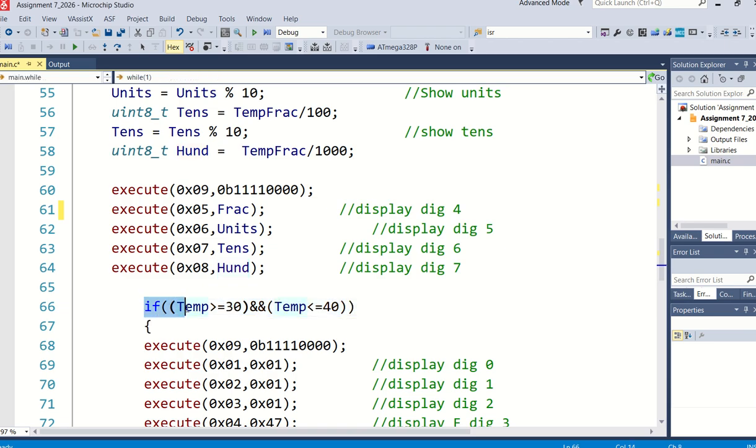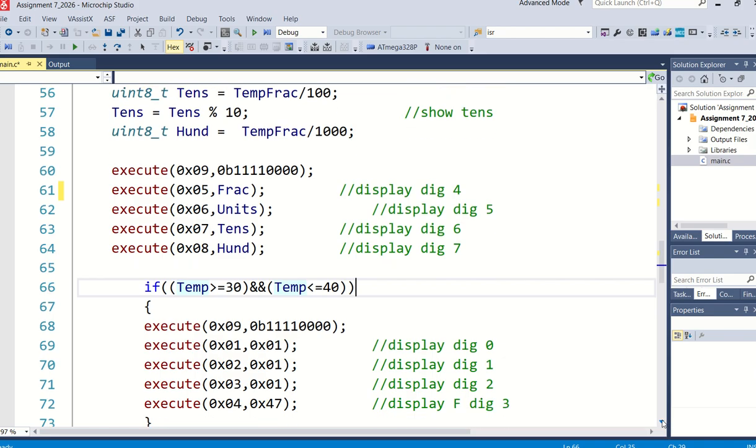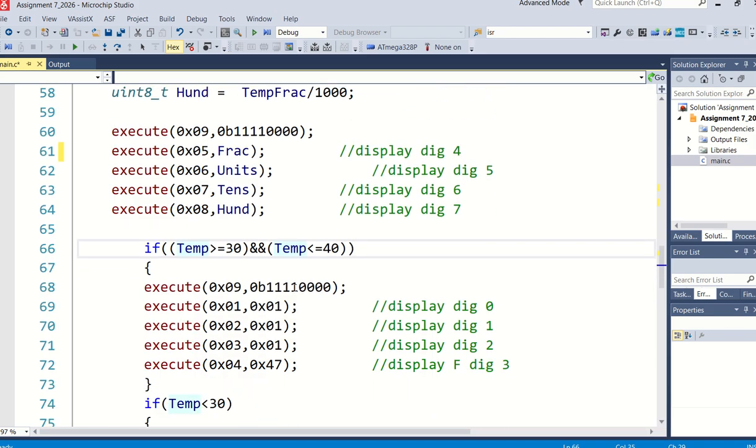So what I've done now is I've said, let's test the condition, because in temp, as we know, we're sitting with a whole value between 0 and 110. So now I'm saying if temp is bigger than 30 and at the same time smaller than or equal to 40, so from 30 to 40 degrees Celsius, including 30 and 40, what's going to happen? Well, I'm not going to change anything concerning the upper 4 bits, of course.